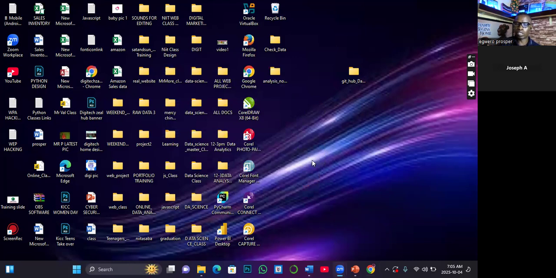Okay, now once you have installed it, let's look at how you can start it so that we can look at how to set up our development environment. So how do we start it? Now, you are going to see an icon of it here, that is if you have pinned it. In my own case, I pinned it here, and let me quickly show you how I did that.